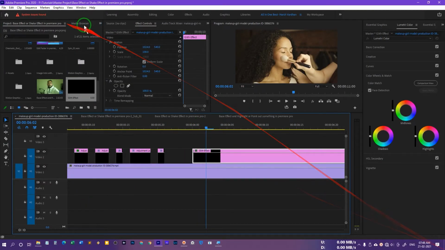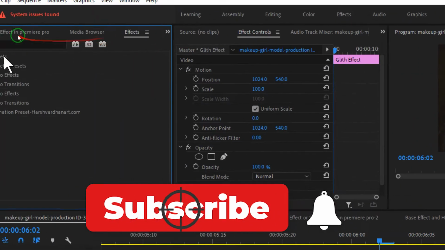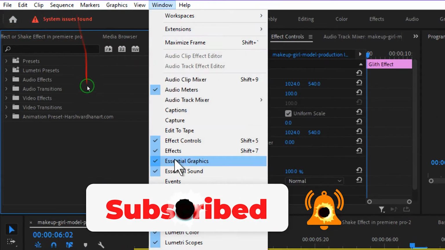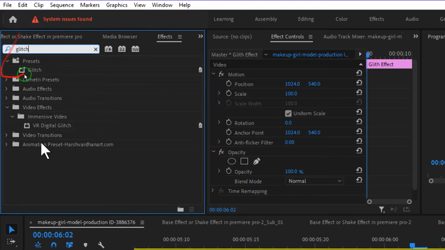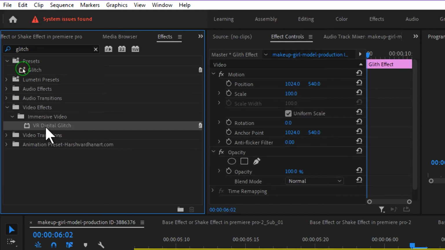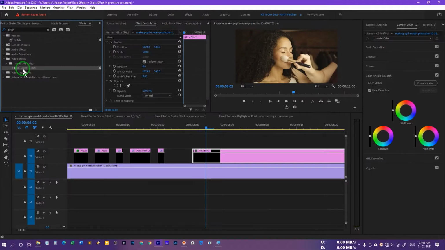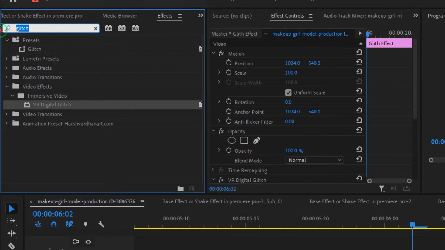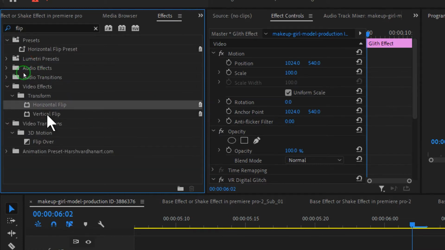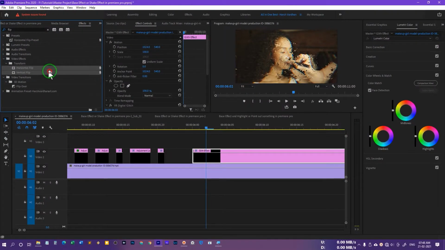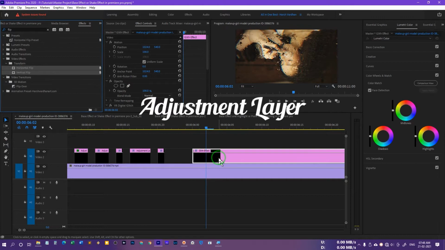Just zoom in and then go to the effects. If it is not shown over here, go to the windows and select the effects and then search for the glitch. And in the immersive video, there is an option of VR digital glitch. Just drag this over the adjustment layer we have just created and then go back to the effects panel once again and search for flip, and you will see the horizontal flip and vertical flip. Just select both of these while holding Control or Command and drop both of these over this clip once again,